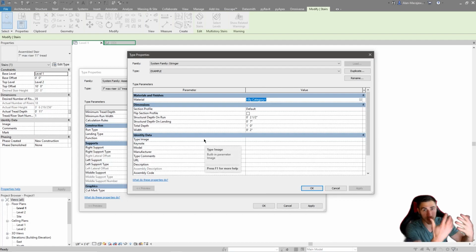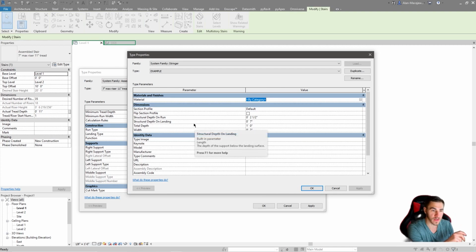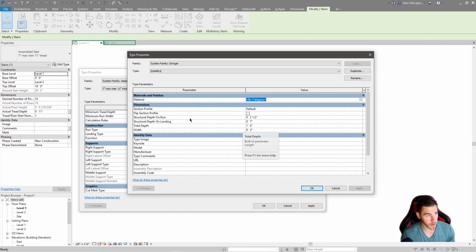Just know that once you're in the stair properties, type properties, you have to kind of root out into the individual pieces of the stair to add the materials. We've got our section profile again set to default. We can flip that if we have it modeled one way or the other. The structural depth on the run, we can change this, and this is just how high above the run the support goes. The structural depth on the landing, how deep below the landing it goes, the total depth, things like that,